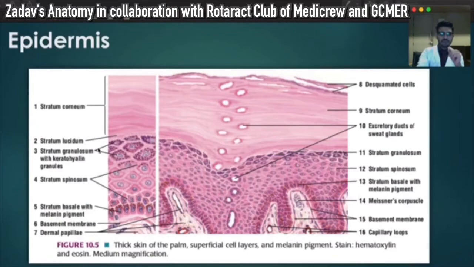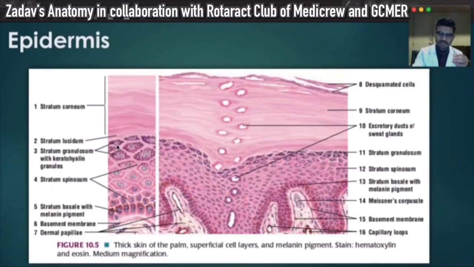As we move upward to the third layer, this is known as stratum granulosum. Stratum granulosum has certain granules which you can see all around the cell. Now check out the shape of this cell. It's not tall, it's slightly more polyhedral, and all around the nucleus you can see these keratohyalin granules. And when you move upwards,